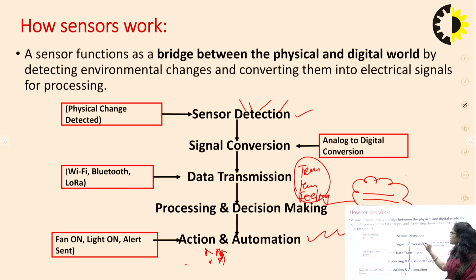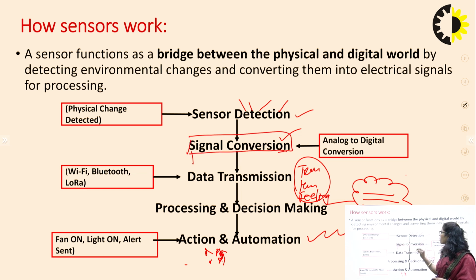Next step is the conversion, and this step is required just for understanding the information and the data, because the system does not yet understand analog information. There is a need to convert analog to digital. So basically ADC is used here.